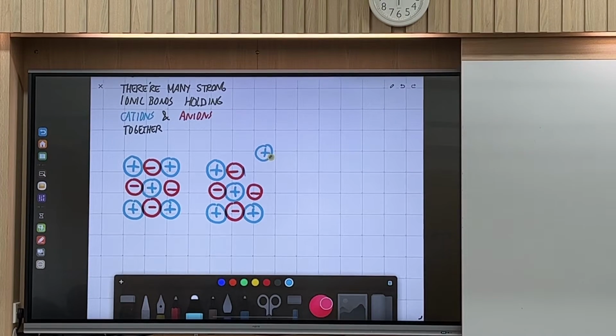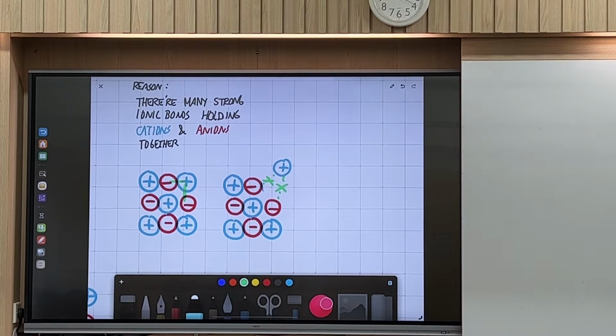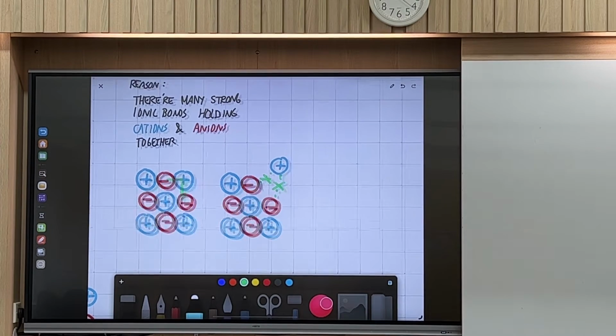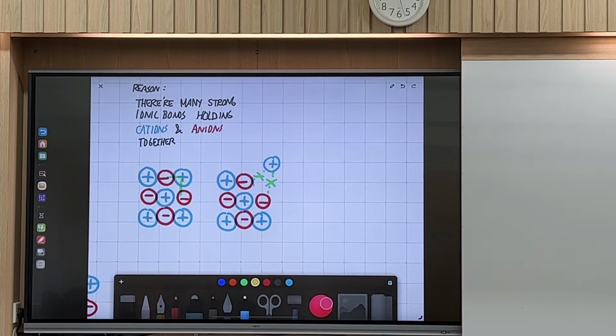What does it take to move this positive ion away from the rest of its partners here? You need to break some bonds, okay? These two bonds will have to be broken. Because these bonds are very strong, it takes a lot of heat to do this. So you can see we are focusing on just this corner, the positive ion here. So you can write down these are strong